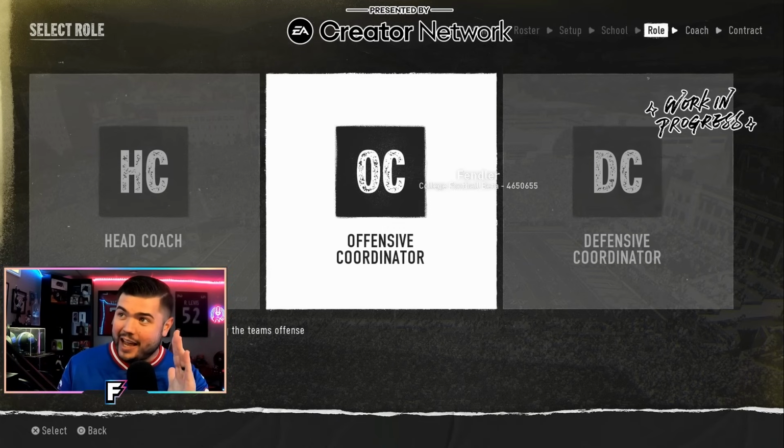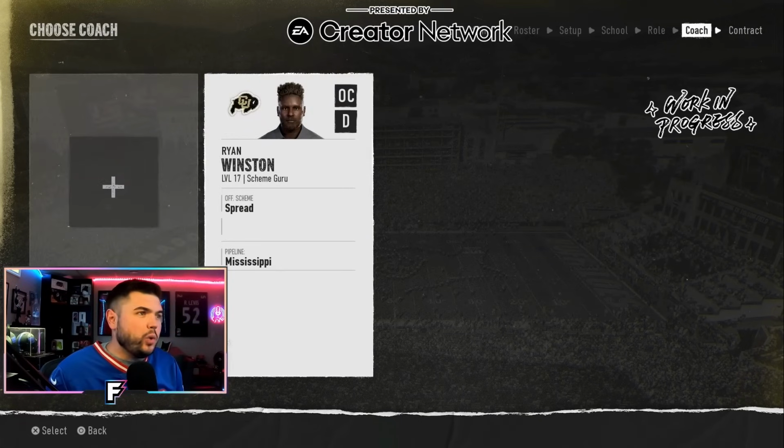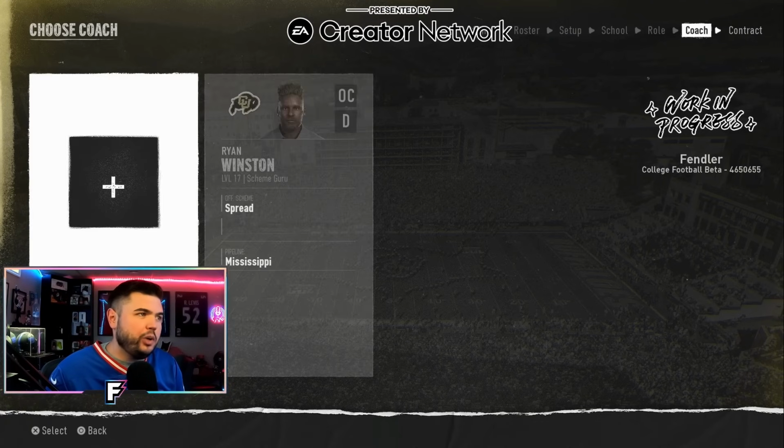All right, I want to wind up as a head coach, but not just yet. Let's get our feet wet a little bit. Start as an OC. Okay, so either way, you can catch upgrades. It seems like if you start as someone pre-established, like Coach Winston here, you're going to just start off at a level 17, where I imagine when we do our coach from scratch,